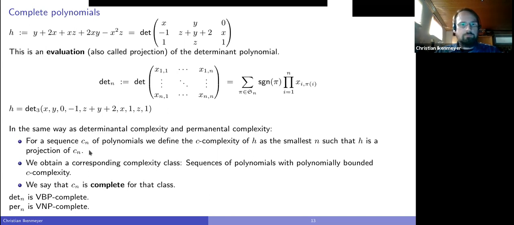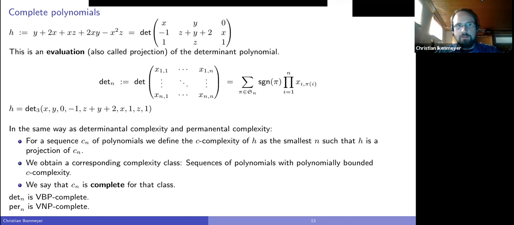Exactly as for determinant and permanent, you get a corresponding complexity class. There's a sequence of polynomials where this complexity is polynomially bounded, and we say that the Cn is now complete for that class. So the determinant is VBP complete, the permanent is VNP complete, and we will see some more complete polynomials now